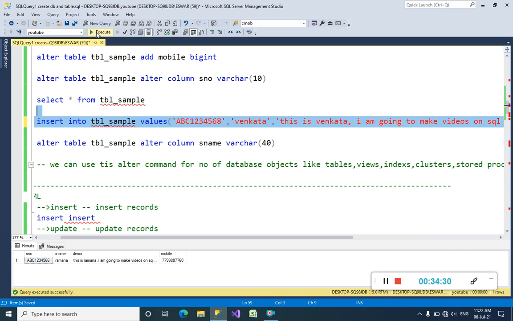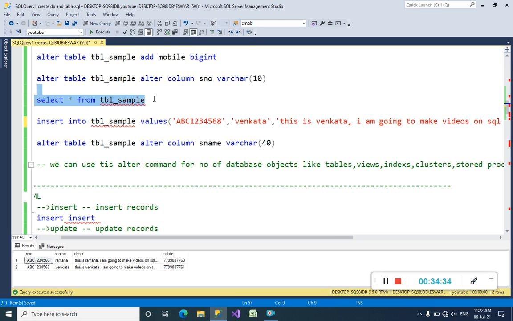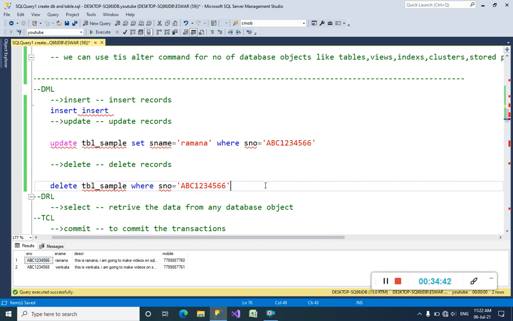I am going to insert one more record into that table and check it once again. Yes, those two values were inserted successfully. I want to store his name as Venkata, but not like Ramana, suppose. So when I don't want to keep this row in our table, we have to delete this row.